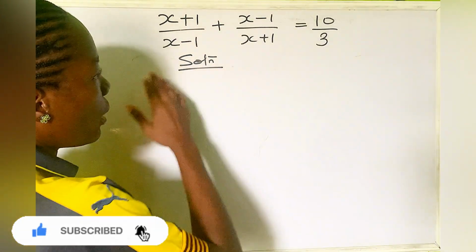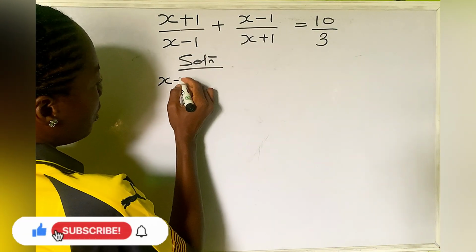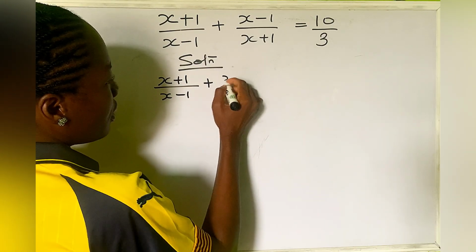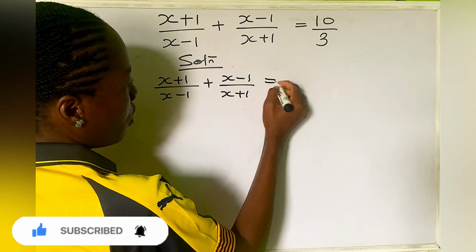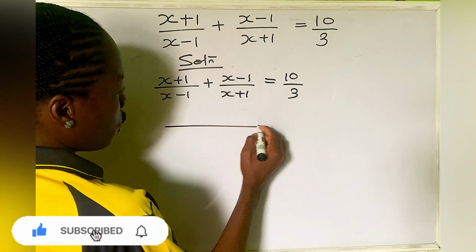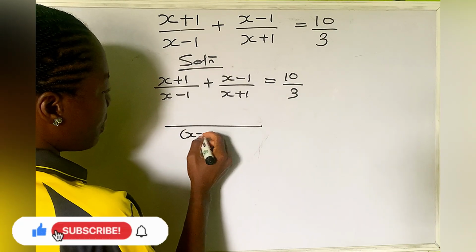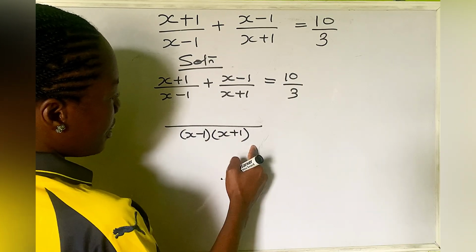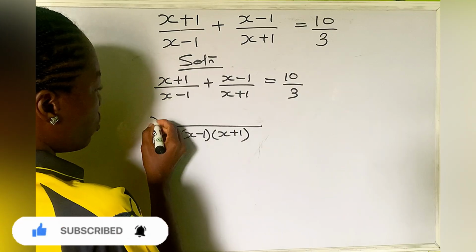So we'll be looking for the lowest common multiple of this. But before we do that, let's write out the equation again. (x + 1)/(x − 1) + (x − 1)/(x + 1) = 10/3. So when we look for the lowest common multiple, which is the product of the two denominators, we have (x − 1) and (x + 1). This into this, we'll be left with this part, which is x + 1. So write that out,